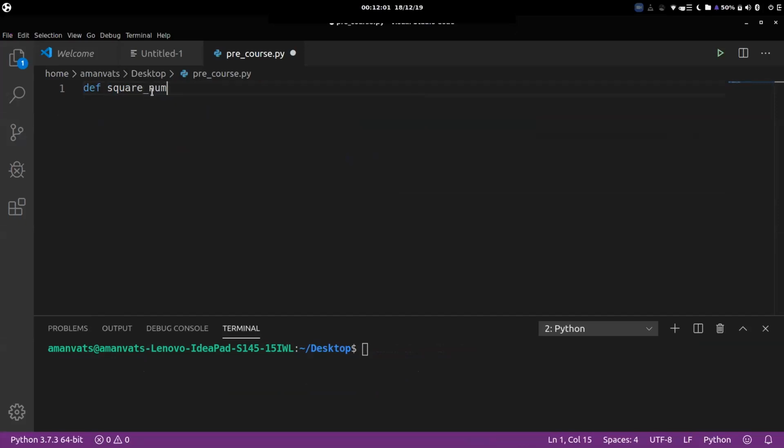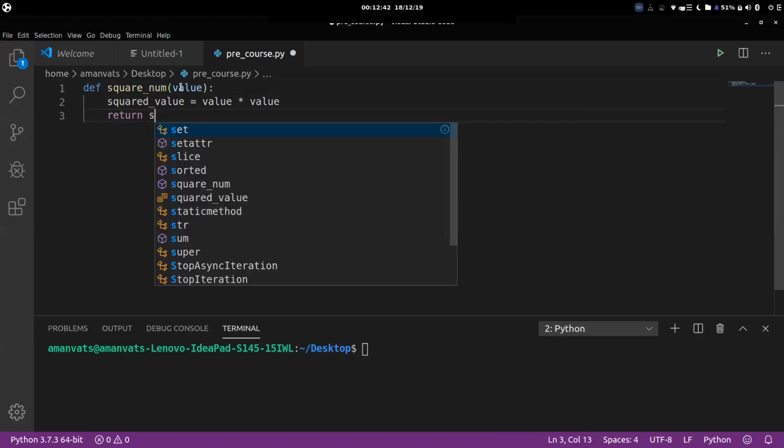Square num. You name the function. So far it's similar to what we have learned. def for defining the function. It tells Python that I'm defining a function, then the name of the function, but in the brackets we write the arguments or the parameter that it will receive. So say value. Similarly, we have to return a value which is the square of whatever we receive. So let's write squared value is equal to value into value, and we'll say return